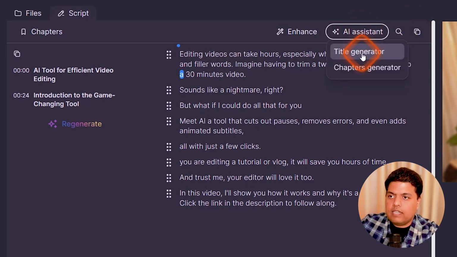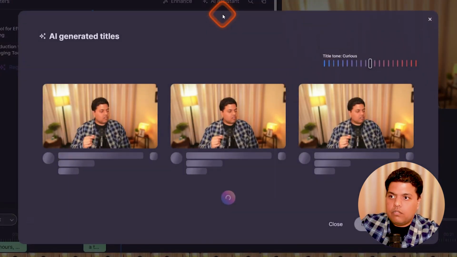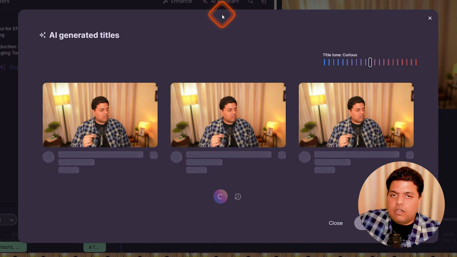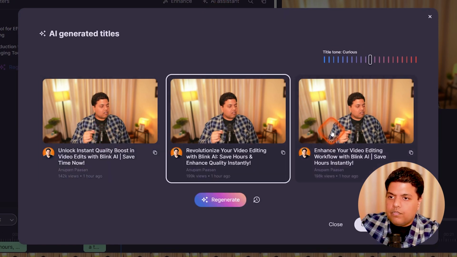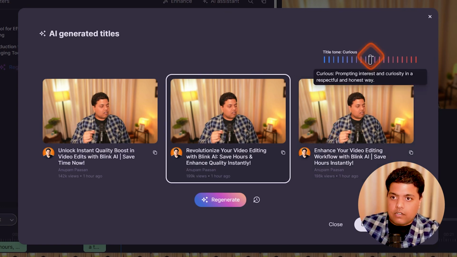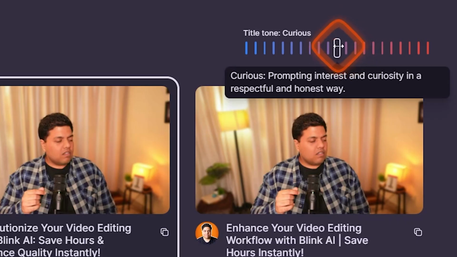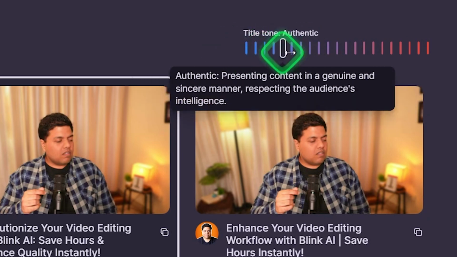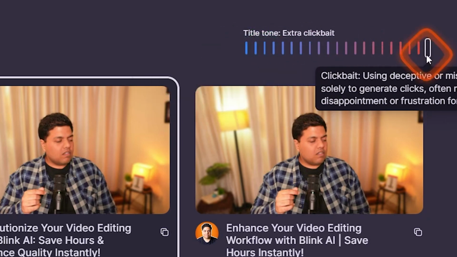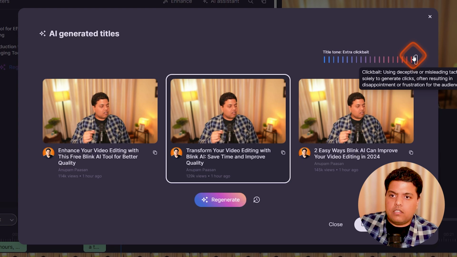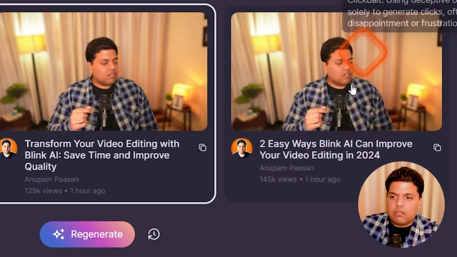If you click this, we can generate a title or we can generate chapters that we just did here. So I'm just going to generate the title and it's going to generate an AI title based on this intro script that we got. Here you go, 3 titles. Now you can also adjust the title tone. It's currently curious, so I can make it a little clickbaity here, extra clickbaity. This can generate disappointment or frustration in the audience, so it's not really recommended, but you can use this two